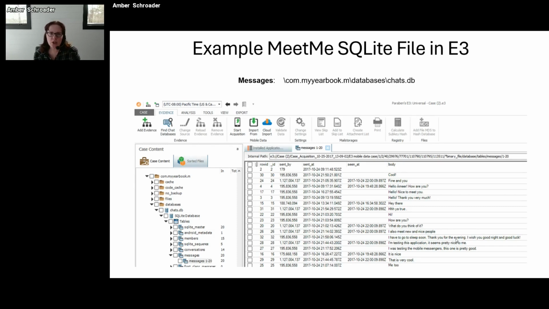When I look at that raw information, if my tool isn't parsing out Meet Me into the lovely little rows that I like, I still need to look for the data, because this is an investigative area I'm interested in. I can go look in the SQLite, and you see I've looked at the databases and opened up the messages, and you can see similar information in those messages. The difference is it's not fully parsed, because this is what it looks like in that raw SQLite form, but it's not something that is stopping me from doing my investigation. I can still see all of that valuable information in there.